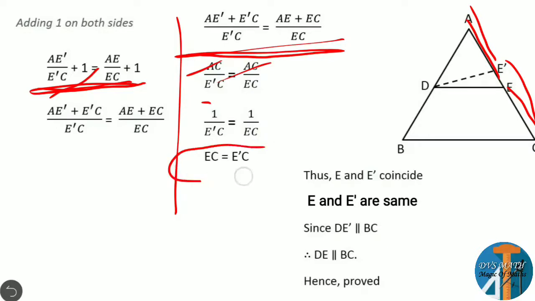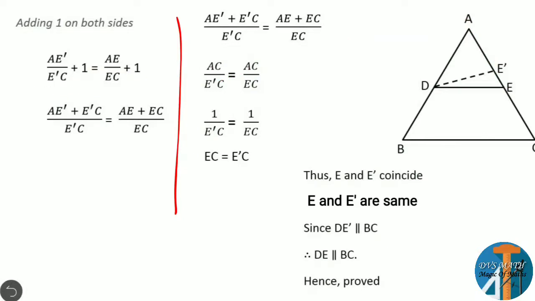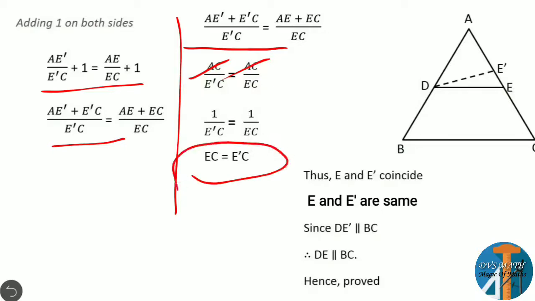So here we can consider both are equal, EC and E dash C. When it is possible, both are equal. Observe here, from previous, we took that RHS are equal. For that we are adding 1 on both side, then taking LCM. Then if we observe in the figure AE dash plus E dash C, together it will get AC. Again AE plus EC, together will get AC. Denominator will remain same. So in both the cases AC common. So 1 by E dash C is equal to 1 by EC. So if we equate them, we are getting EC is equal to E dash C.